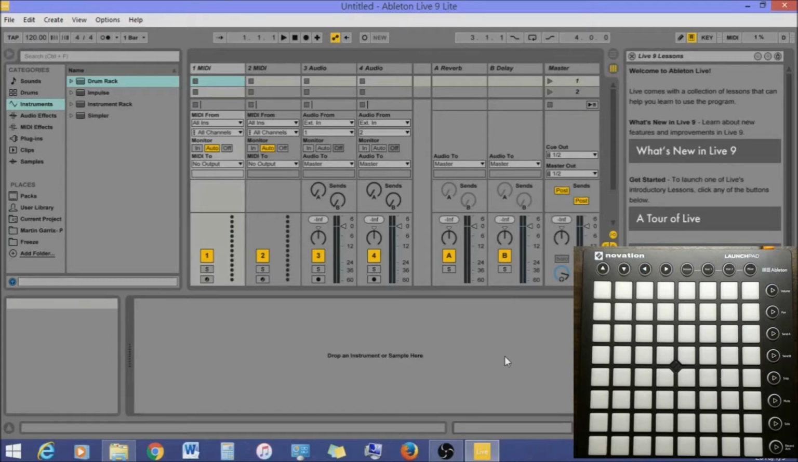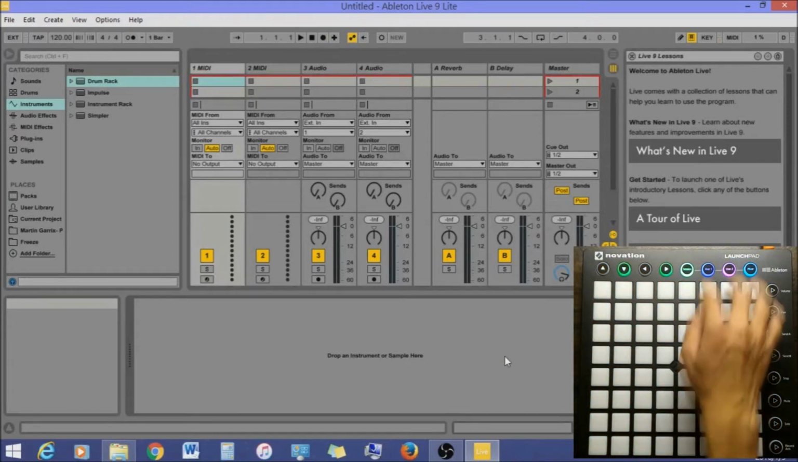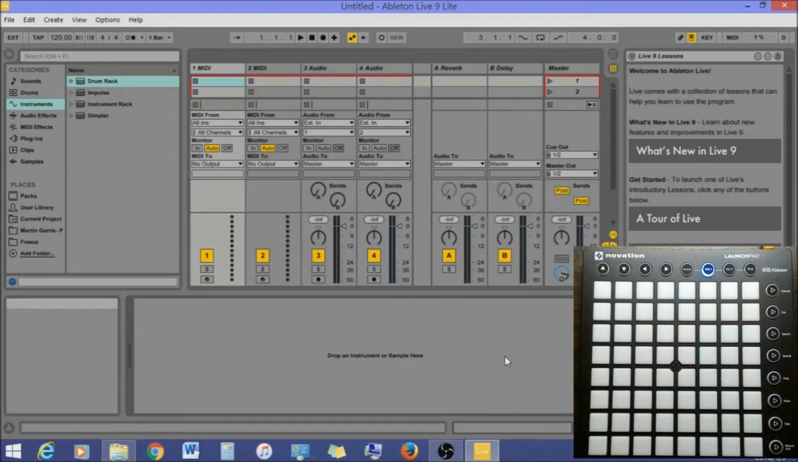And so to start off, of course, plug in your Launchpad USB wire to your PC or laptop, and then wait a moment and hit user 1 mode. And the first step you need to do is to synchronize your Launchpad to Ableton on your PC or Mac